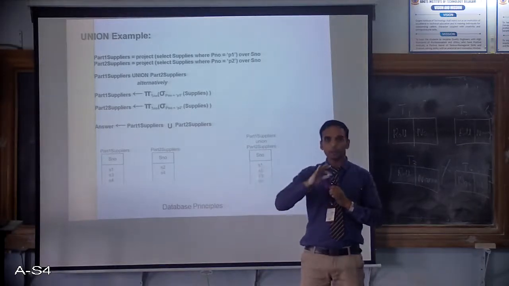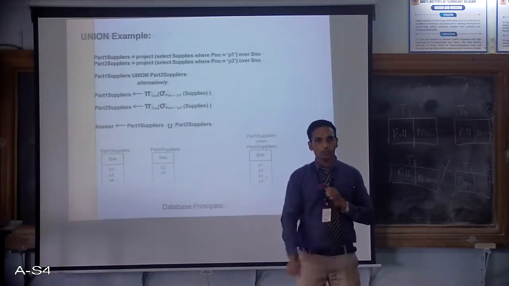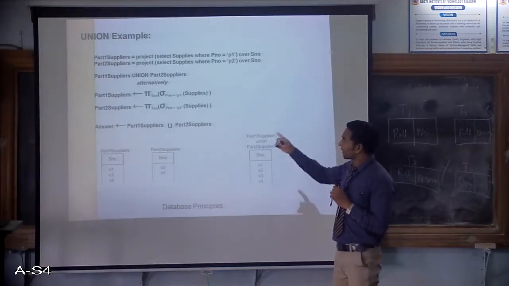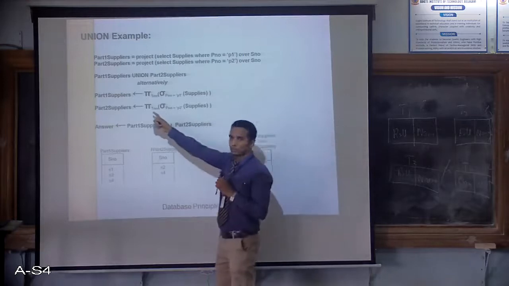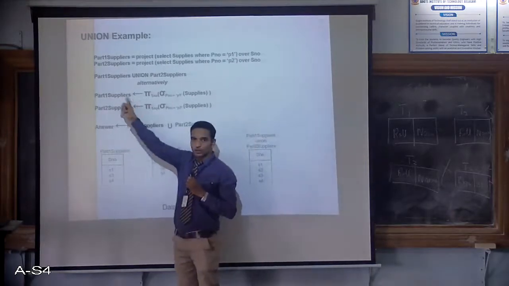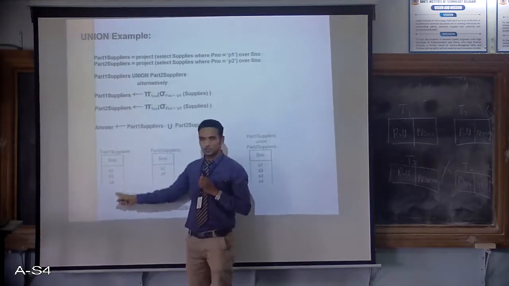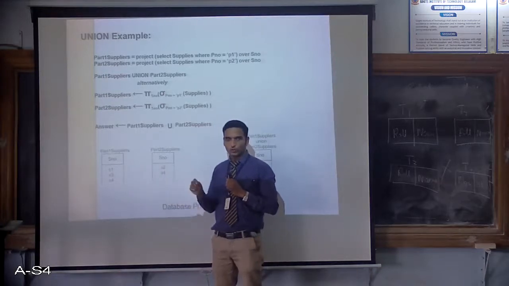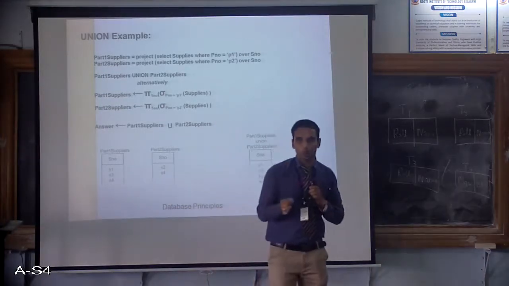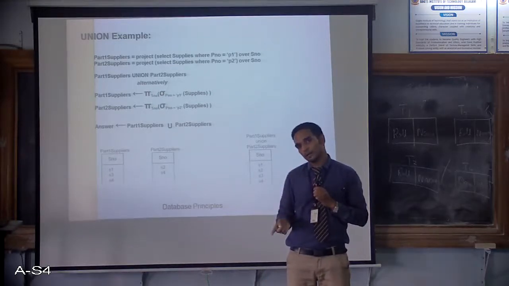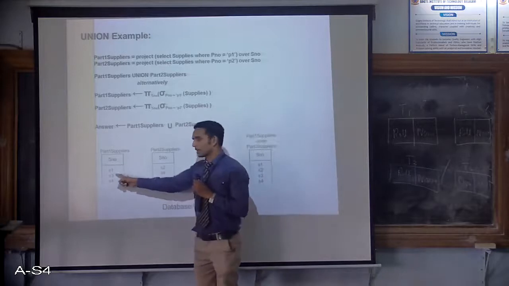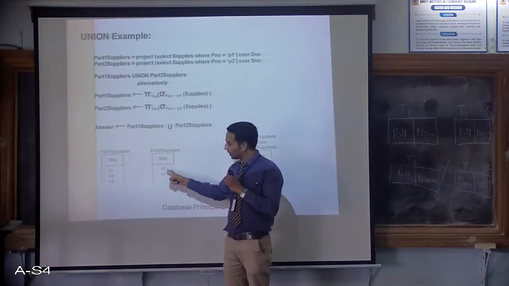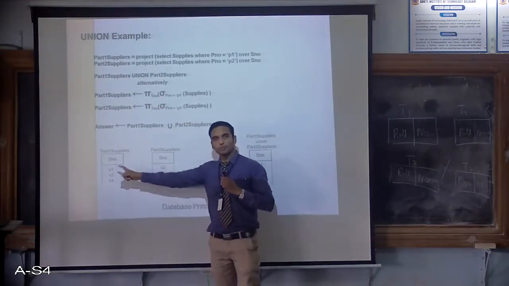Rather than combining into a single query, you can break it. Find the first half of the query, who supplies P1. Find the second half of the query, who supplies P2. The output of the first is saved in part 1, the output of the second is stored in part 2. Now from this I want all, because the query says who supplies either part 1 or part 2. There may be a supplier who supplies only part 1. S1 and S3 are the suppliers who supply exclusively part 1. S2 is the supplier who supplies exclusively part 2. But S4 is the one supplier who supplies part 1 as well as part 2.